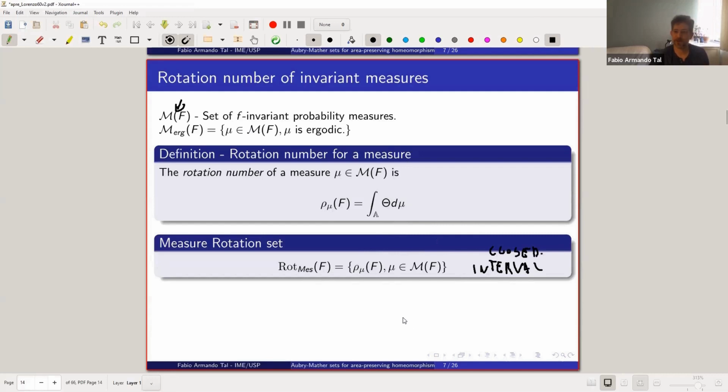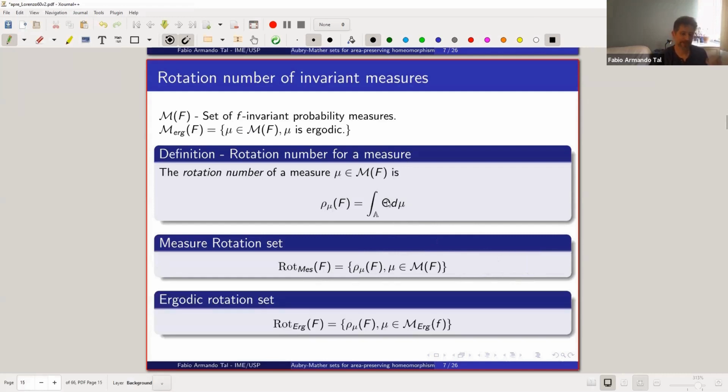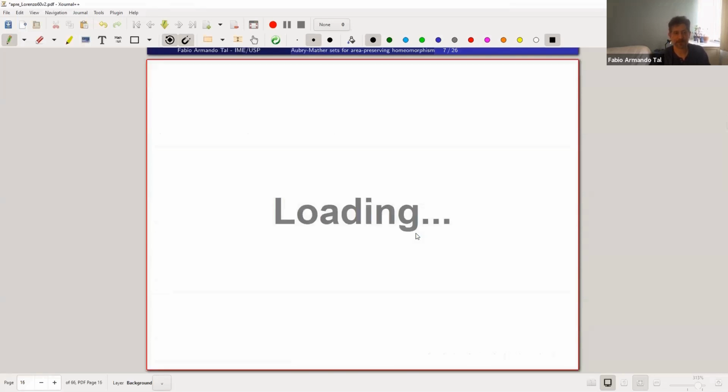So you only have the rotation set through the measures. Just looking at the measures, it is a closed interval, and we can define the ergodic rotation set by just taking the subset of the ergodic measures. I look at what possible ergodic measures I have, and what are the possible rotations for ergodic measures. This is the point of view of spatial average, but I can also try to think of